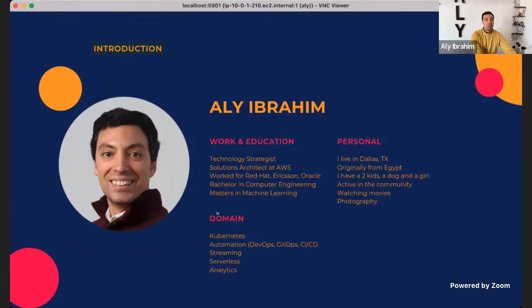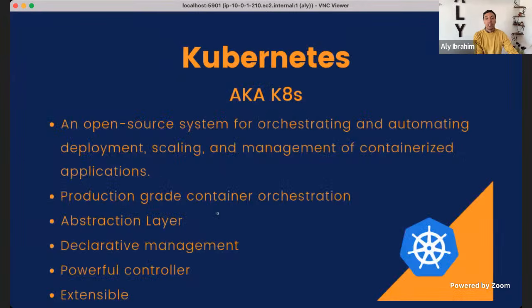And we'll start by why we're speaking about Kubernetes today. Why do you need to be productive with Kubernetes? So first, what Kubernetes is. Kubernetes is an open source system for orchestrating your container applications. So it helps you with deployment, with scaling, with management of containers. It was open sourced by Google in 2014, so a little shy of 9 years old.